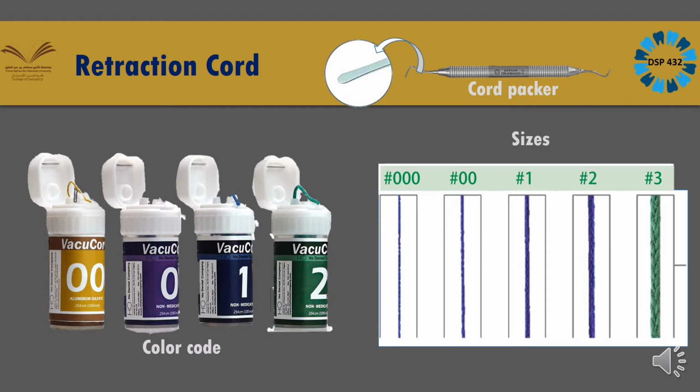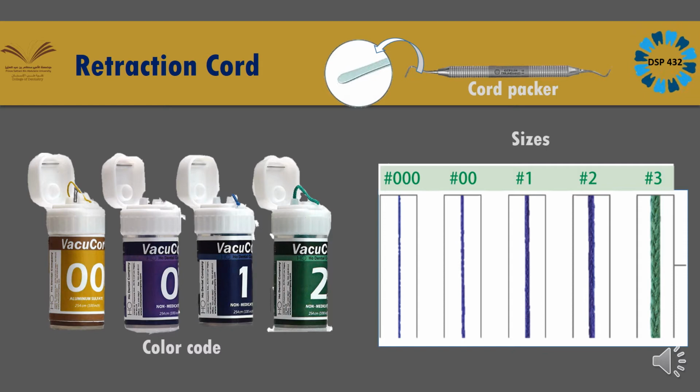So that you can properly place that cord into the sulcus. We have some video clips so that you will understand how to do the gingival tissue retraction. Now when you do this gingival tissue retraction, it is a very delicate procedure. You have to take care of the gingiva. You are not supposed to tug the retraction cord into the sulcus. If you apply excess pressure, you might damage the periodontium. Your biological width will be compromised, and that will be irreversible damage. So unnecessarily you will create problems for the future. So it is better to have a delicate hand at the time of gingival tissue retraction.